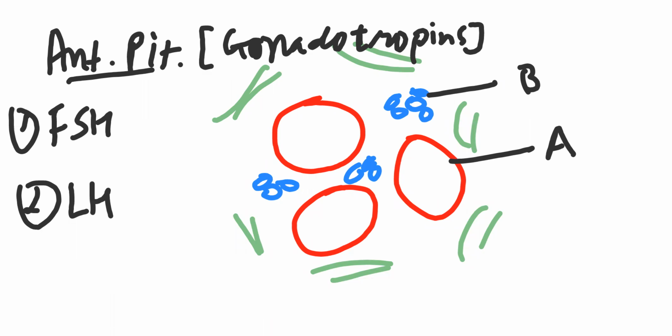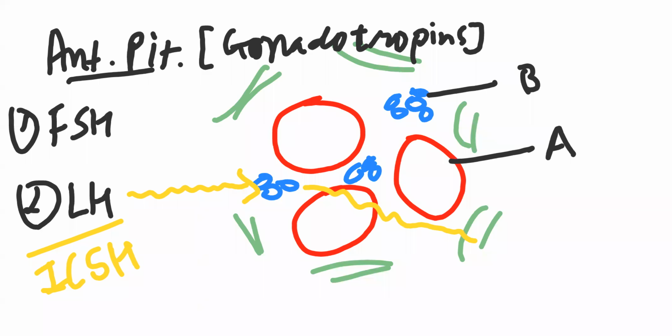In males, the other name of LH is ICSH, interstitial cell stimulating hormone. This hormone of the anterior pituitary will target Leydig cells. It will target Leydig cells. And in response, Leydig cells will secrete what is called